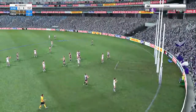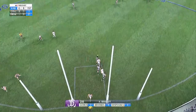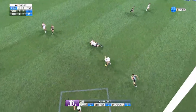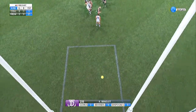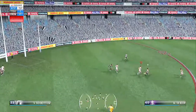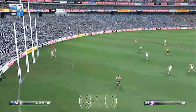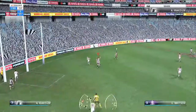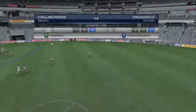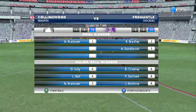That is an excellent piece of play from Jack Anthony to centre the ball to the top of the square along the ground, finds Kepler Bradley who snaps it over his shoulder. That is very smart play from Jack Anthony and a classy finish from Braddles as well. You can see from a couple of clips here that it was only inside the last 5 minutes of the quarter that Collingwood really started to press inside their forward 50, but they had their chances and they could not find the big sticks. It took Andrew Cracker with just 2 minutes left on the clock to kick their first goal of the match, and at quarter time it was 1-4-10 Collingwood,